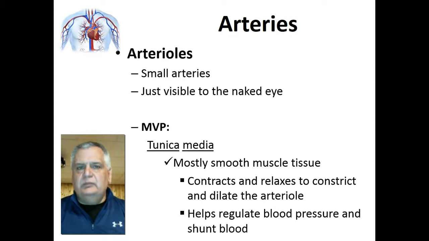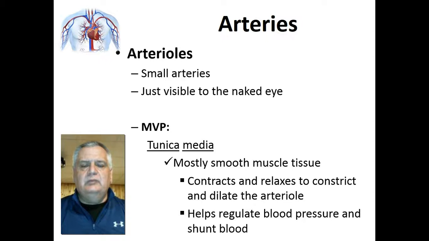So decisions have to be made. Which tissues are going to get the highest volume of blood? And that's called blood shunting. And so arterioles, let's say, for example, that I decide I want to go for a run. And so the muscles are going to have a high demand for oxygen and nutrients. So what will happen is